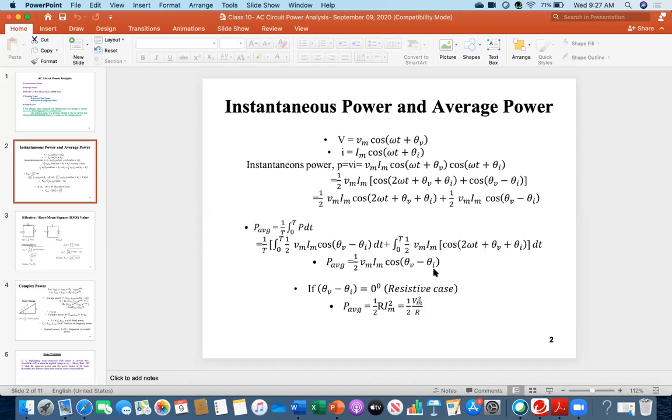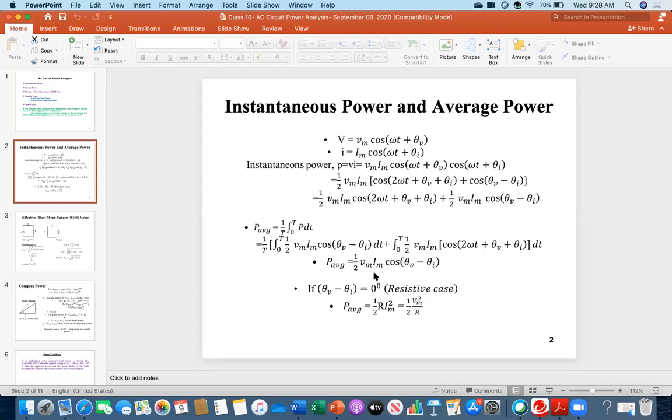Therefore, everybody notice one thing, that when you dealt with the DC circuit, you just multiplied voltage and current. You calculated P equal to VI. But today you are noticing VM IM and then cosine of theta V minus theta I. So this means this cosine thing is involved. And then there is another term, that is the half. Now these quantities you can easily guess. I got VM IM from the original expression of V and I. So what are VM and IM? Those are the amplitude, the peak value of the waveform.